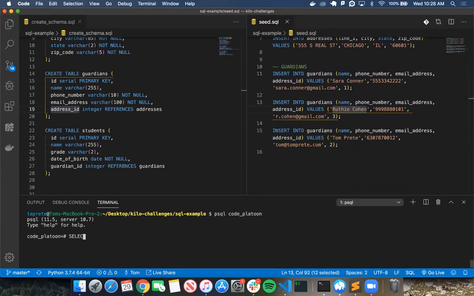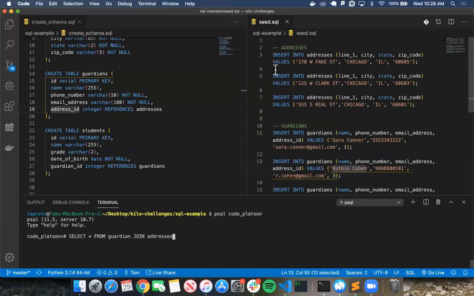You can do select star. Does anybody know how we do this? We kind of went over it the previous day. So I'm selecting everything from Guardians, and I'm going to join addresses. So I'm bringing in addresses now